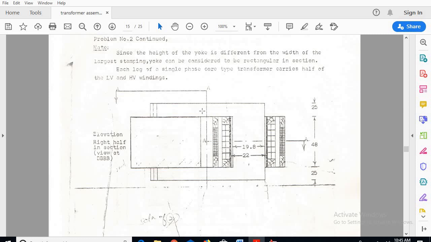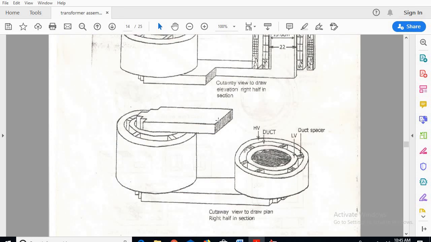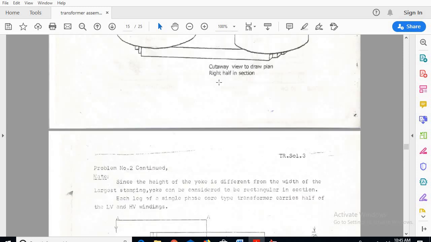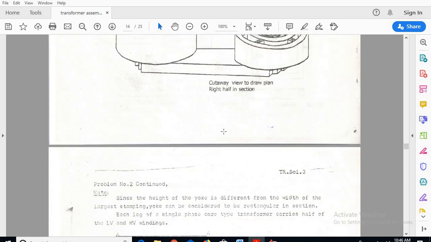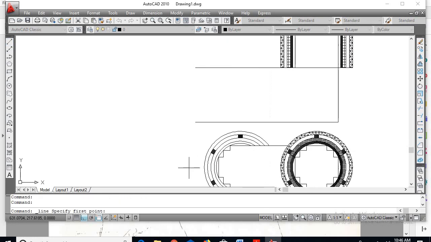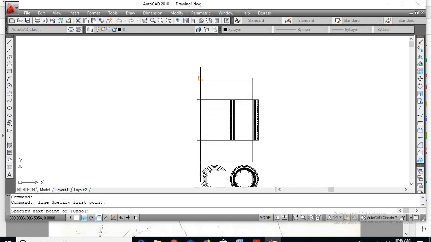So if I go for the left half of the section, I can see the yoke, so here I can see this line which covers, that is nothing but this line here, and next the steps I can see here, and the outer part, that is outer circle I can see, so that we have to draw. So here just extend a line from the outer circle up to top of the yoke,